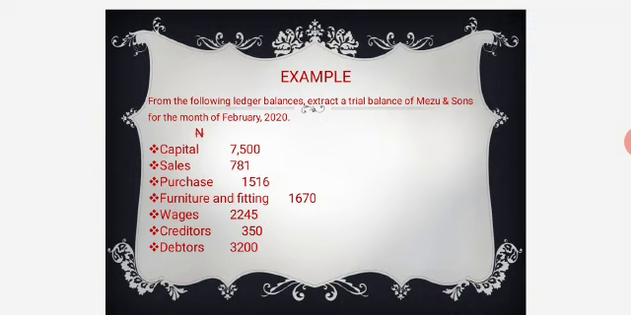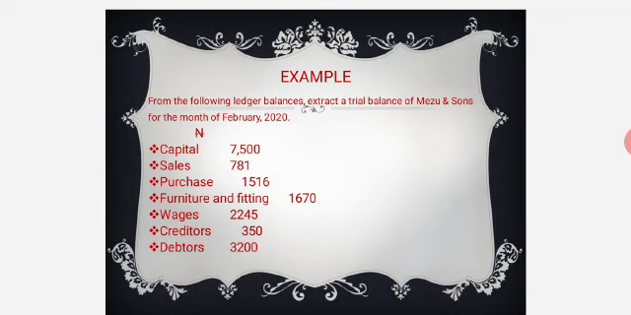We have an example here where I attach figures to the items. It said, from the following ledger balances, extract a trial balance of Mezu and Sons for the month of February 2020. It is important to note that any business can choose a month that will be its trading period, and it is at the end of that trading period that such businessman will be able to prepare accounts such as the trial balance. We have capital 7,500,